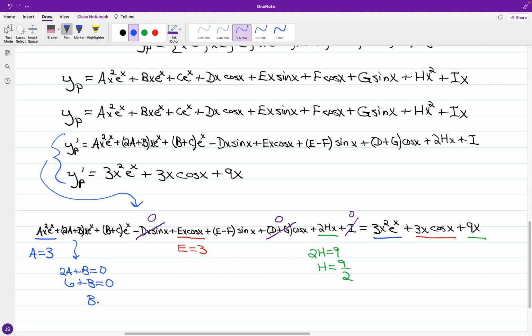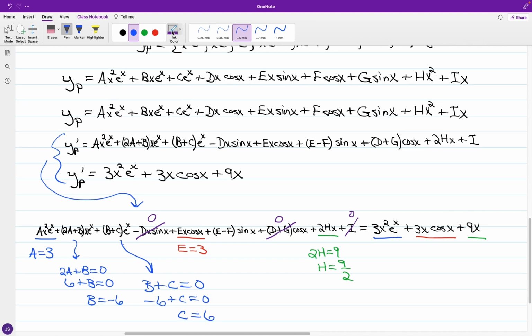So b is equal to negative 6. Even though we don't have an e to the x term on the right, that doesn't make the coefficient automatically negligible, because we have b to be non-negligible thanks to the appearance of a. And c is going to be non-negligible because we have a non-negligible value for b. With b at negative 6, and b plus c equal to 0, it turns out that c